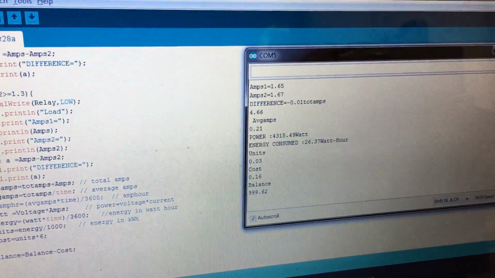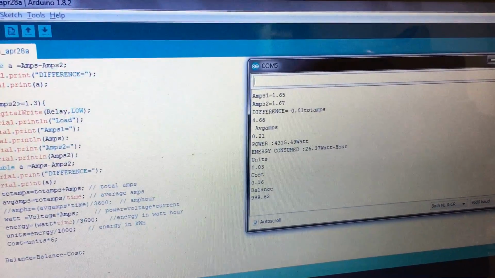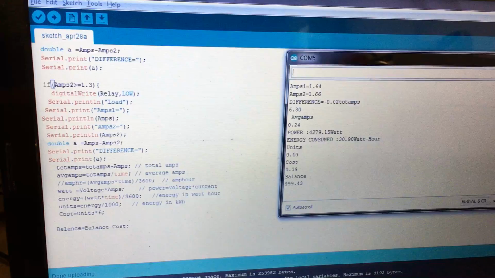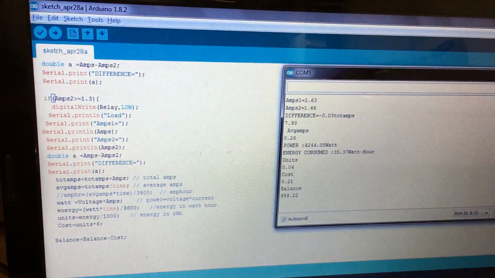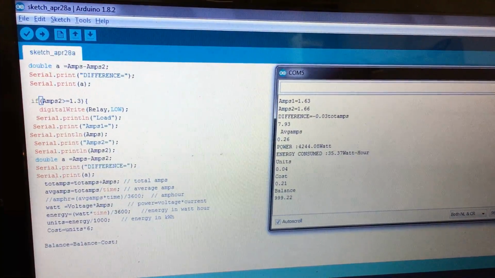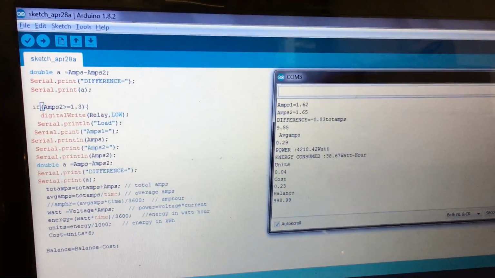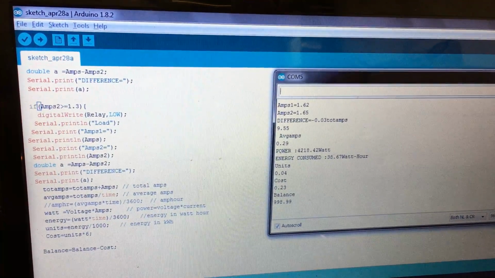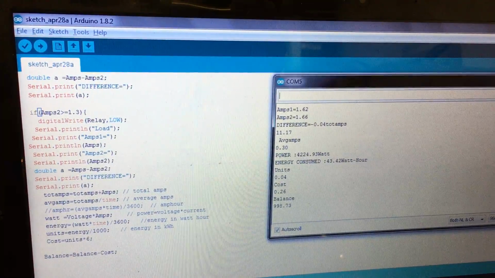Now it will keep on reducing until the balance reaches a minimum value, after which it will send a text message to the user stating that the balance is low and kindly recharge. This will continue up till the zero balance, after which the consumer is given a 1 hour deadline to recharge, otherwise the power will be cut off by the relay connected in the circuit.